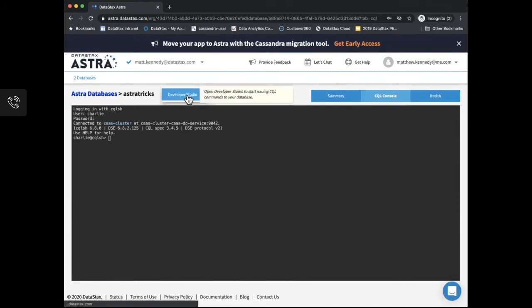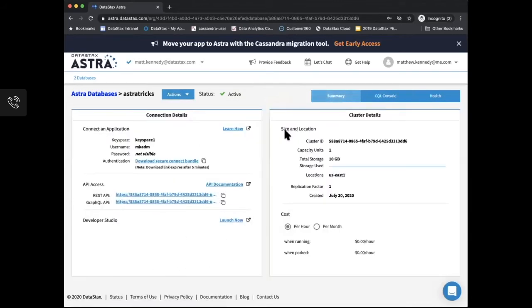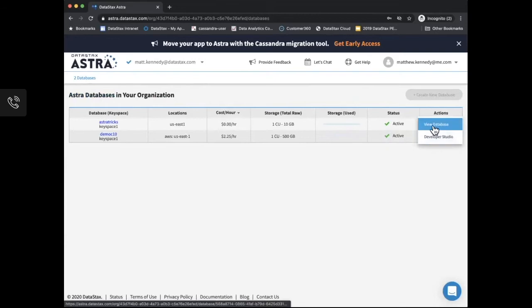For example, I can open Developer Studio from the Actions menu, but I can't terminate the database. So the owner has only given me access to the database. He hasn't given me the ability to really do much of consequence from this Actions menu, like terminate or anything. I have restricted permissions. So that's one way to use those subordinate users that you create with your initial account, is you can share access across Astra accounts with those databases.